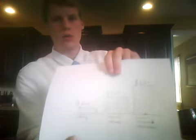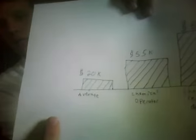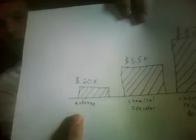Also, with a little bit more education, you can gain the position of chemical research and development. Here I brought a chart with me today that I got from doing a couple Google searches for some averages around Tennessee in this area. Here is the average salary for